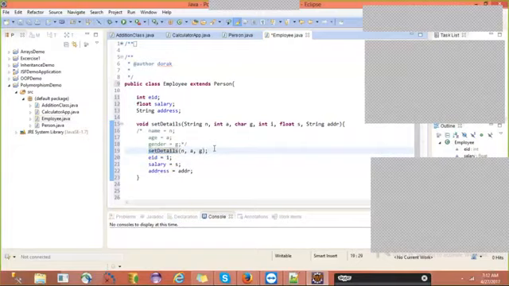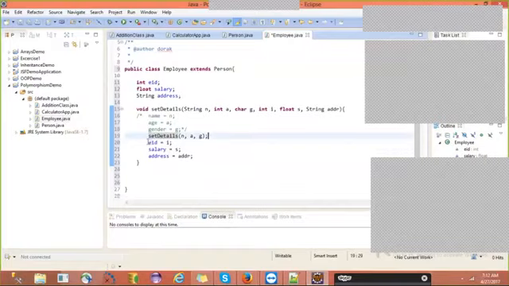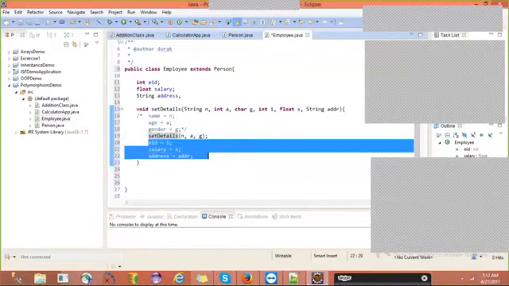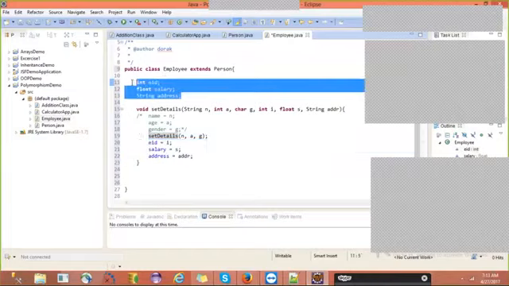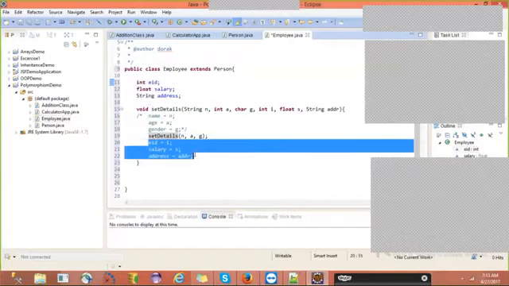Okay, guys. After that, what are the specific properties extended in the employee class? EID, salary, and address, right? For those we don't have any existing code in the person class for EID, salary, address. Those are employee specific properties, so we need to write its specific code here while assigning.